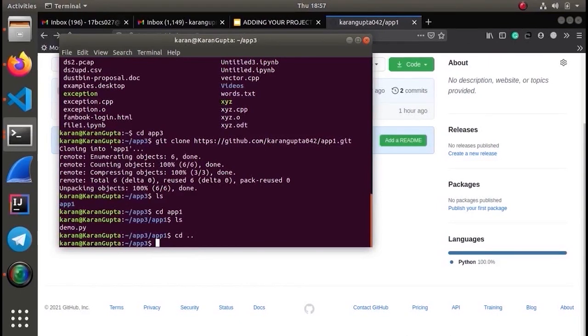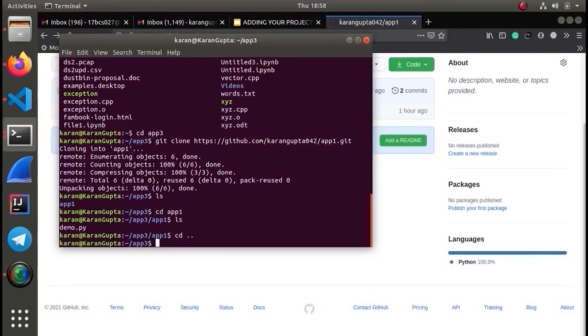But assume the case like you have cloned some GitHub repo and you are using it. But what if on the remote repository some changes have been made? So how to get updated with those changes? Here comes pull, that actually pulls all the commits that are not present in your local repo from the remote's master branch and gets your local repo updated.